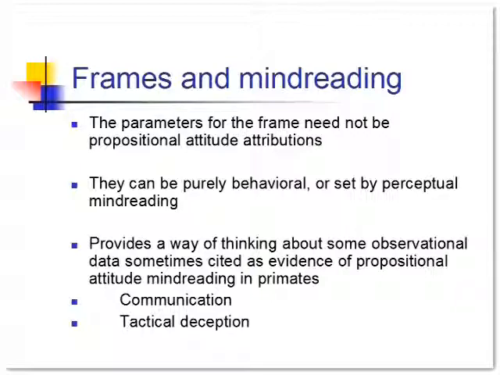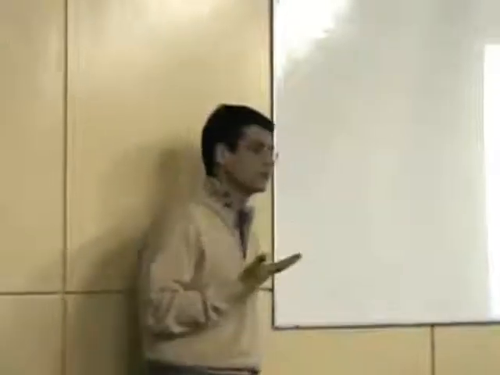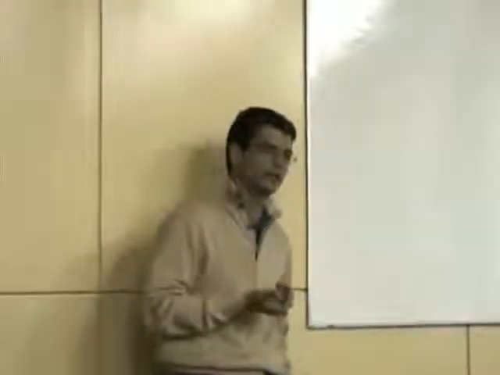Now you need to know a little bit of background here. So the social intelligence hypothesis, or the Machiavellian intelligence hypothesis, was put forward by Byrne and Whiten as a result of their study of a database of observations of primates. So they basically just compiled lots of anecdotal reports of how people had observed primates in the wild and tried to categorize them into groups, and then just drew conclusions from that. They said, well, we need to interpret these in terms of propositional attitude mind reading. They didn't use those terms, but that's what they did.